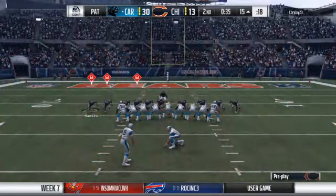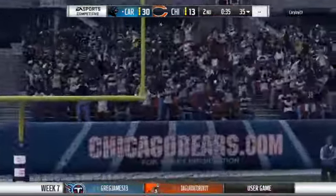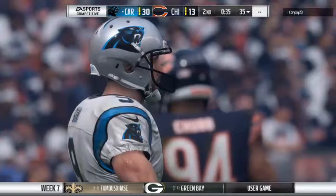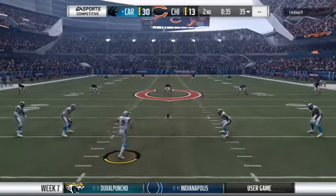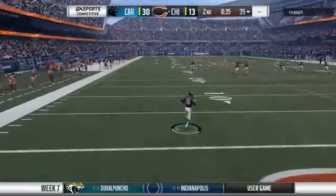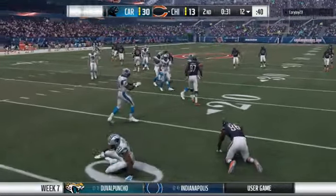Gano for the extra point. Oh, how about this? No good. Just his 2nd miss of the year, and our score will stay right where it is. Gano out to kick this one away. That's fielded in the end zone, and not a particularly good return here as they'll be